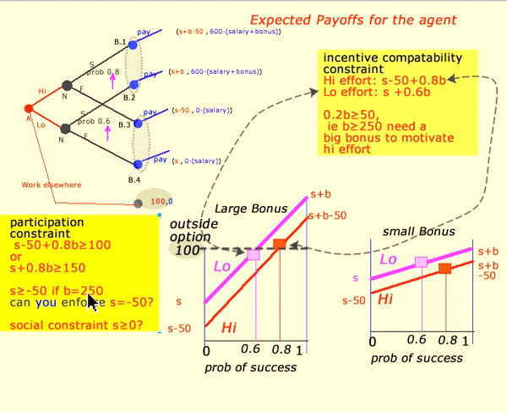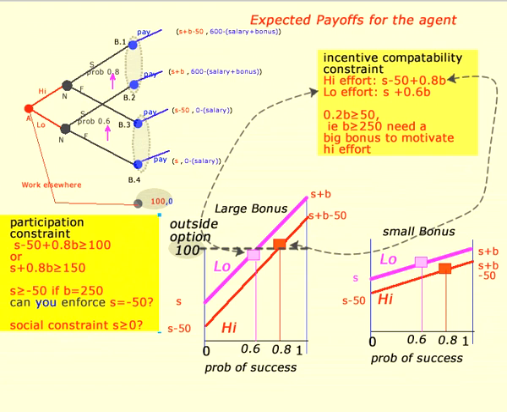Now, it may be difficult to collect a negative wage, so let's put a social constraint that the salary has to be greater than or equal to 0. So essentially now we have a situation where if the salary is equal to 0 and the bonus is 250 or greater, then the employee would want to work rather than not, so that's this decision here. So along those nodes, and given that they want to work, they'll want to put in high effort rather than low effort as long as this bonus is greater than 250. Okay, so that's the expected payoffs for the agent where there's a salary plus bonus contract, or an incentive contract.